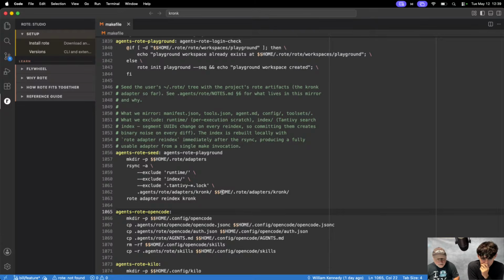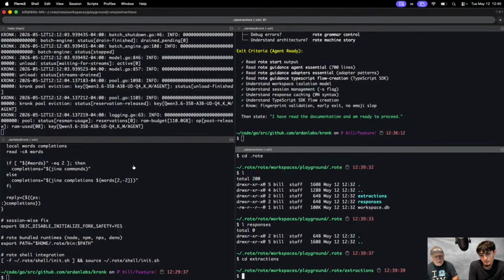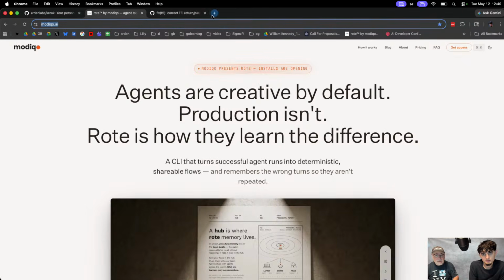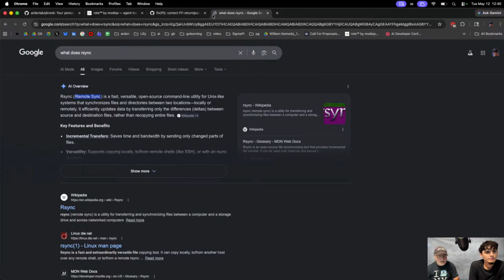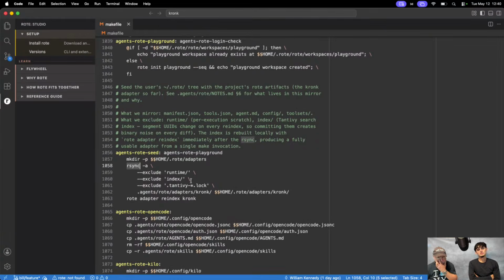What's interesting to me, though, is this created the directory. I don't know what rsync does. Remote sync. Files. Huh. It must be okay.